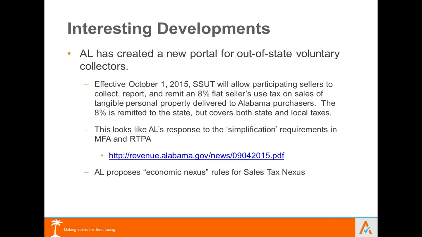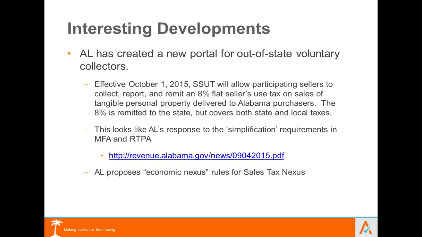So check it out. If you're a real sales tax geek, you might even click on it. You can even go look and see. I talked to Alabama about it, and they're very proud of it. And I have no idea how many people are participating. This got kicked off on October 1st. I was going to say November, but October 1st. And look for this to happen more and more.